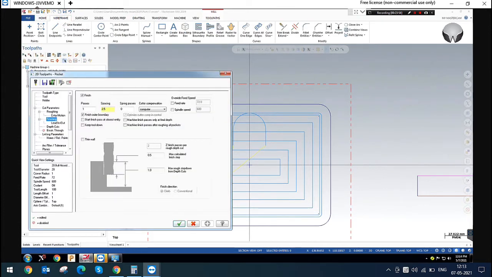In case of a thin wall, you can give this. If you want depth of cut at the finish, you can set it in the finish depth of cuts.